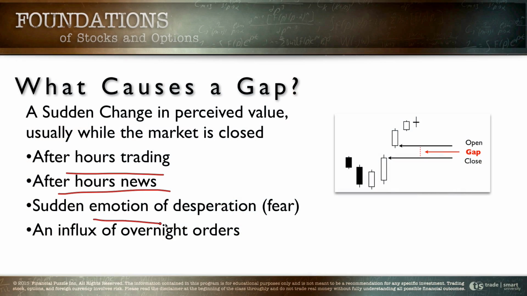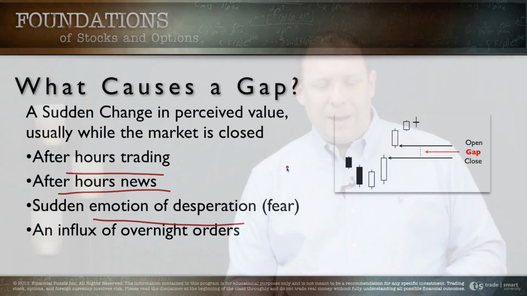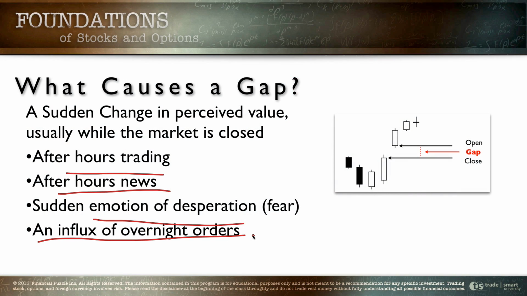We've got a sudden emotion. Somehow, for whatever reason, there's a sudden emotion of desperation. It's probably going to be reflected as fear. Either fear of missing their opportunity or fear of losing their capital. But it's going to be reflected as fear. That's the emotion, and it becomes a desperate emotion. So people take what would really be probably classified as an irrational action. They go in and they buy suddenly, or they go in and they sell suddenly for no specific reason except for their own perception. And then what we get is we have a gap and we have a surge in emotion at that time.